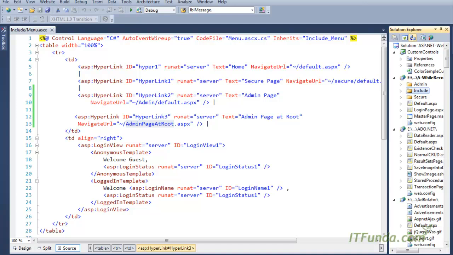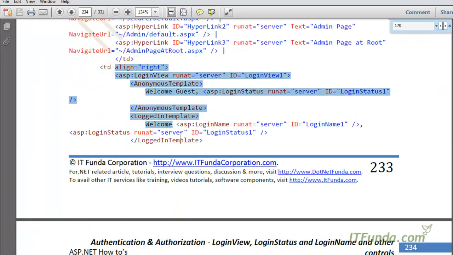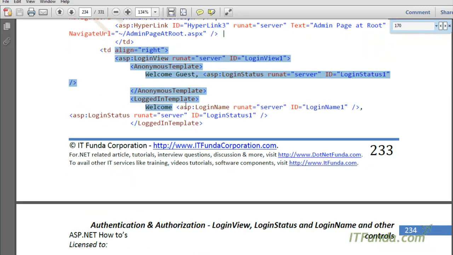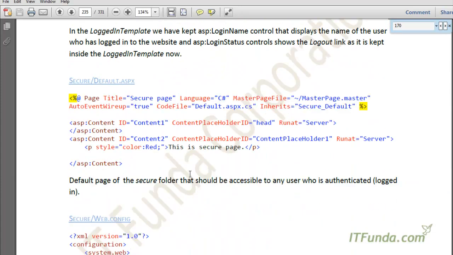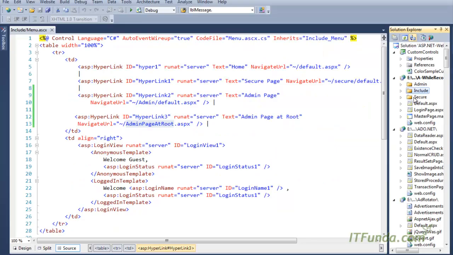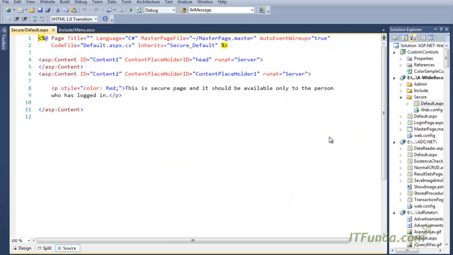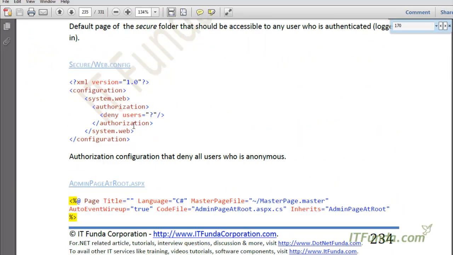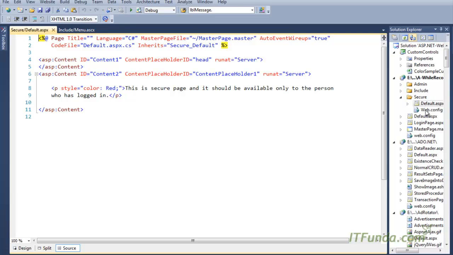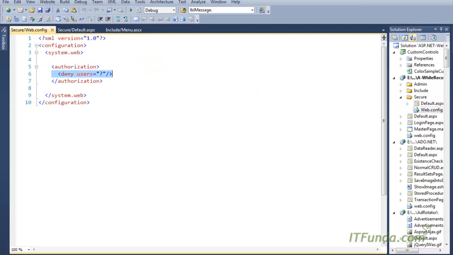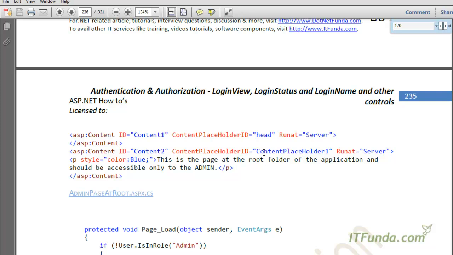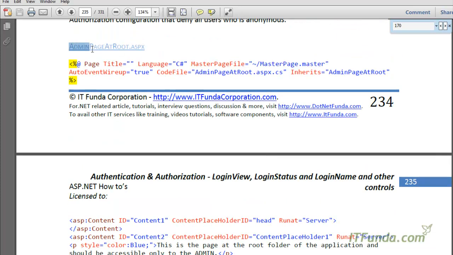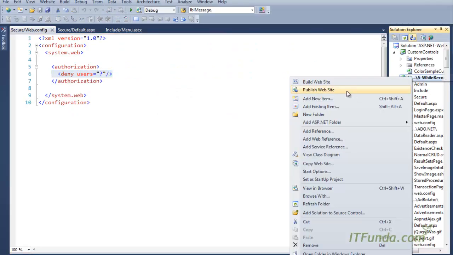Okay, and now let's go ahead and write the rest of the code. Menu.asax is the same as we had in the last how-to. Now we already have a secure and default.asax page. Let me show you that. That's fine, we are not going to do anything, and we have the web.config file here as well, as you can see, deny users equal to question mark. Then we are going to create one page called admin page at root.asax page. So let me go ahead and create it in the root folder,